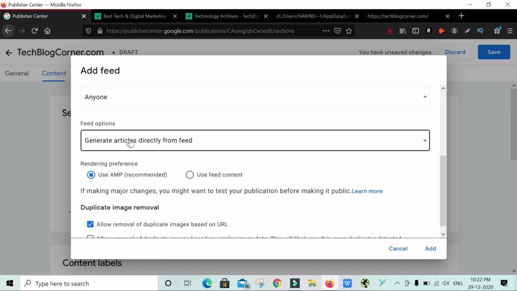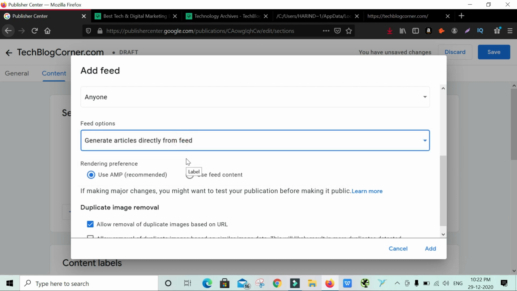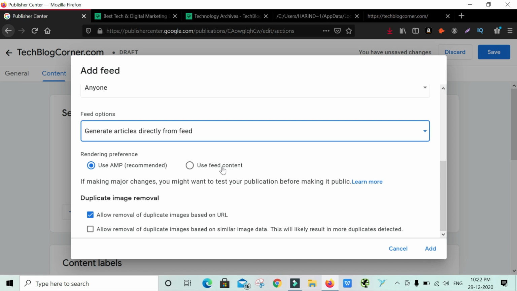Once you do that, generate articles directly from the feed. You will get three options: generate articles from the feed, by crawling the source URL, or by using both. I prefer the from feed option. Use the AMP method as the recommended rendering preference, or you can use feed content.